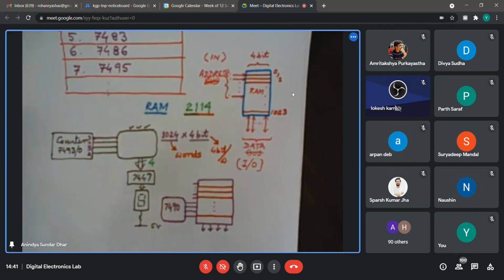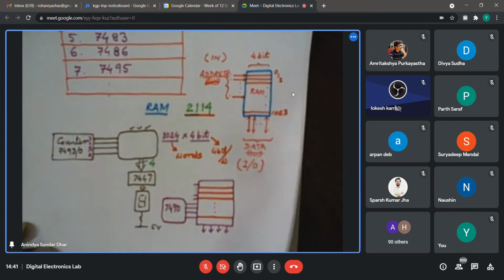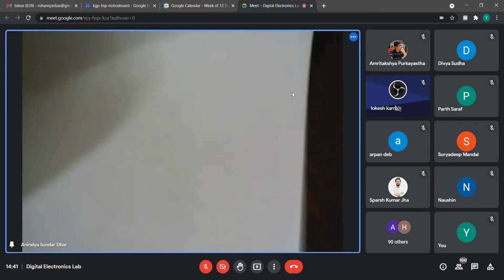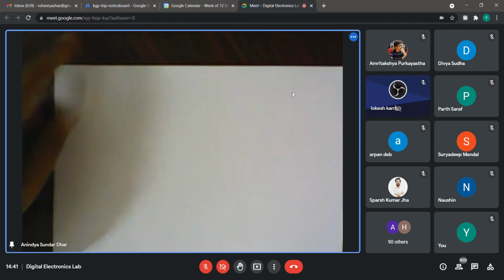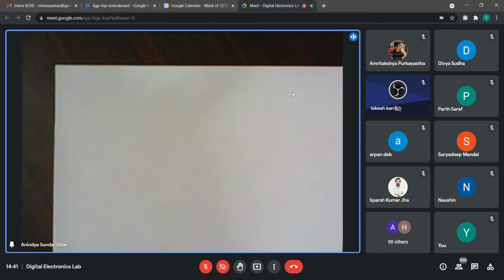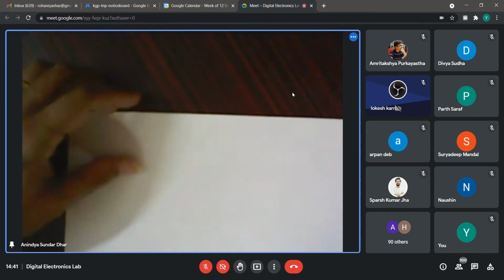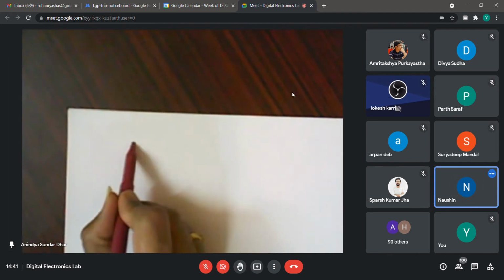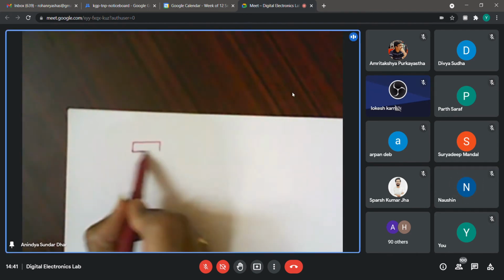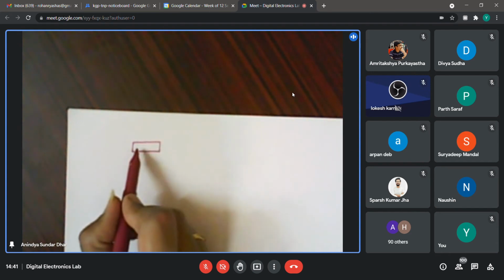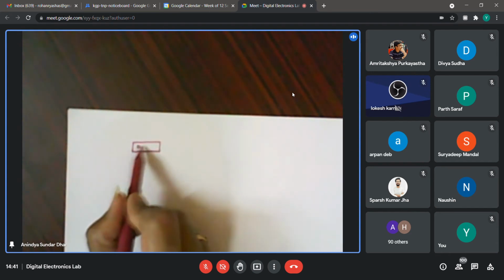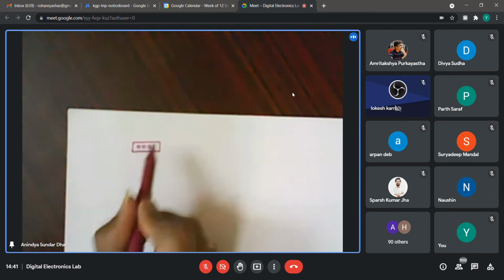Okay. So let me just take a fresh page. You know what a register is, right? Yes, sir. Okay. So if I take a 4-bit register, I can write anything on that and keep that data over there. Suppose I store 0001 in one register.